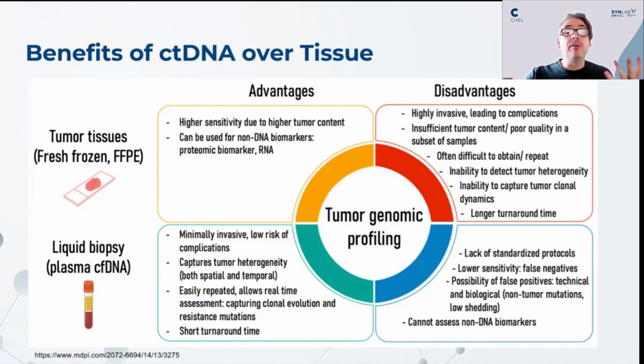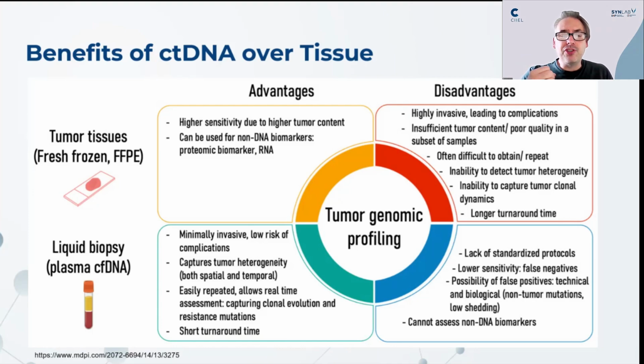They may have multiple metastatic sites, all of which are following a slightly different clonal evolution. So they may have different truncal and branch tumors which are driving them. So if you're only sampling a single site, you might find something which is actionable in that particular site, which may not be actionable in one of the other metastatic sites, and vice versa. So you're not getting a complete global picture of the